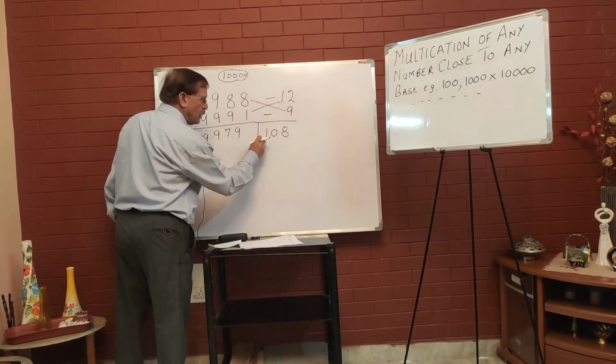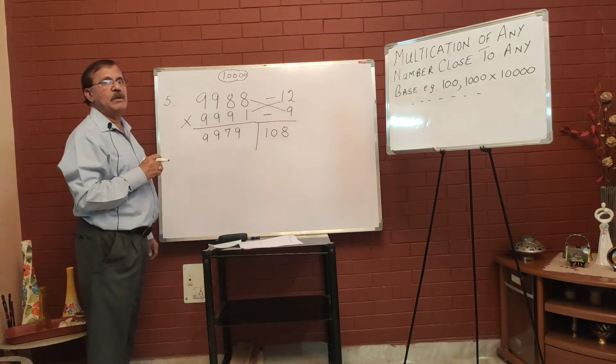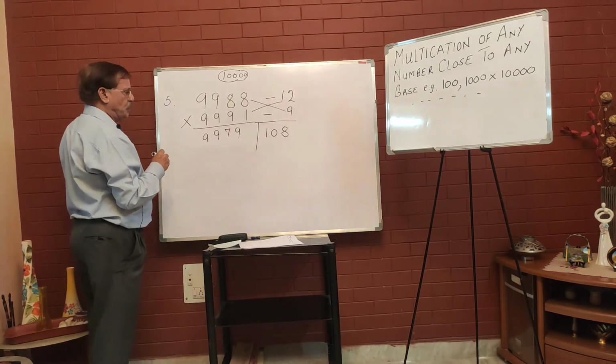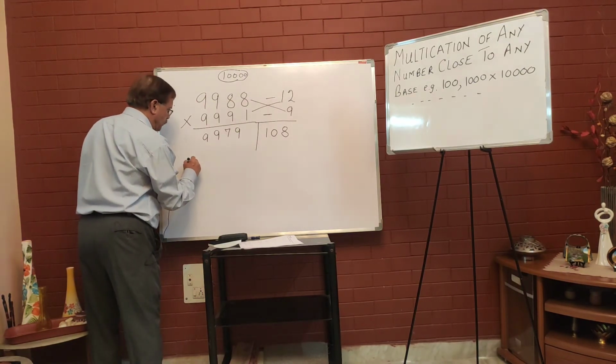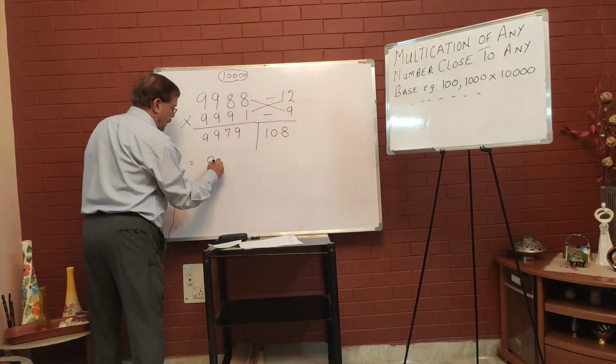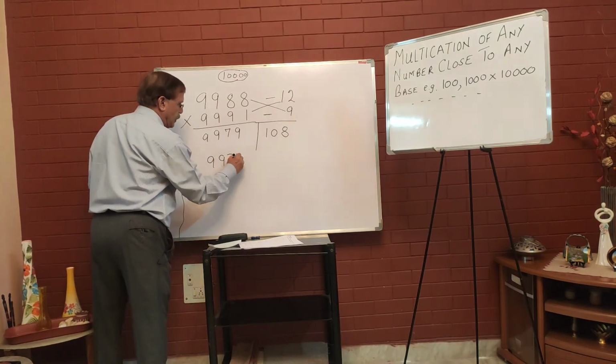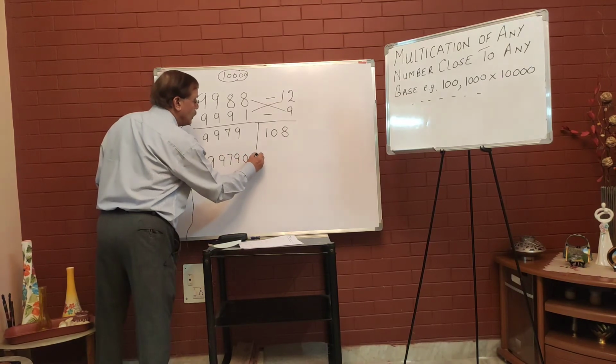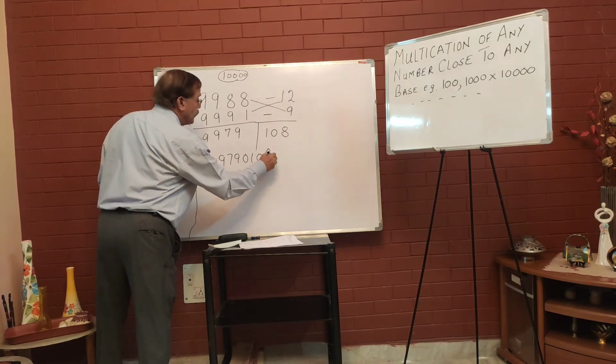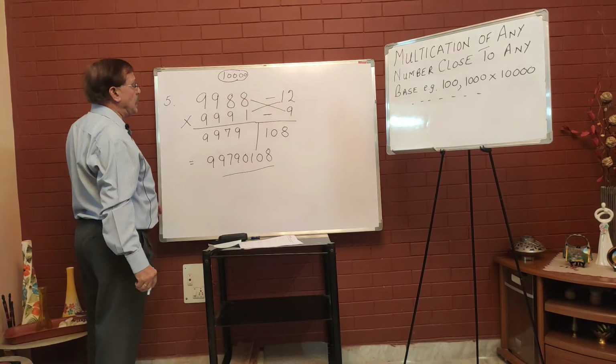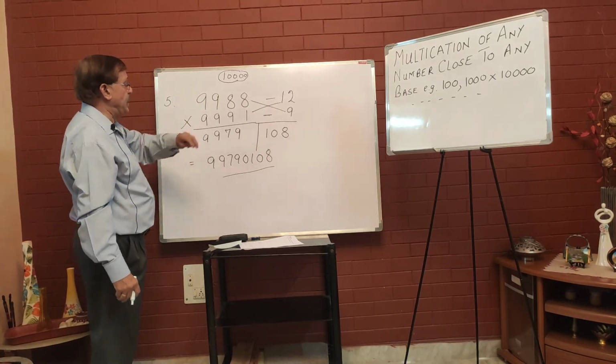But over here we see it has only 3 digits. So we must add 1 zero to the RHS. So the final answer which you will get is 99790108. This is your final answer when you multiply 9988 multiplied by